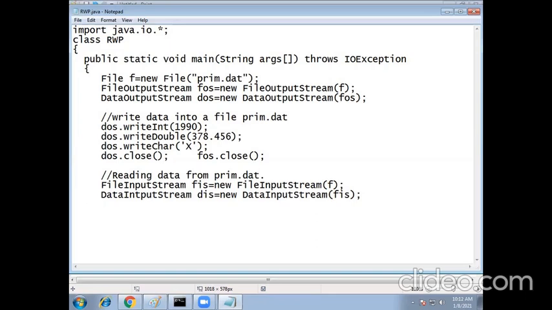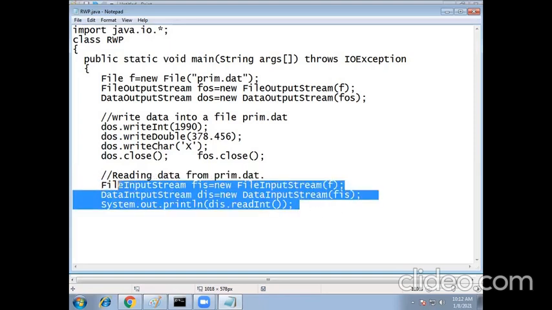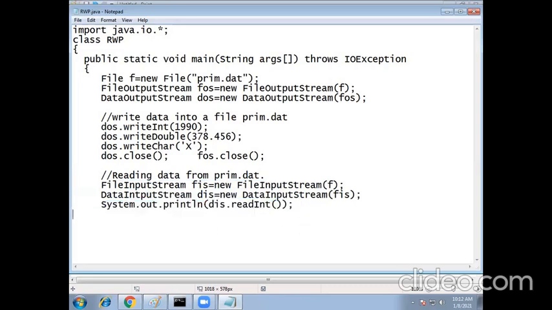Now print the contents: System.out.println, DataInputStream.readInt, DataInputStream.readDouble, DataInputStream.readChar.